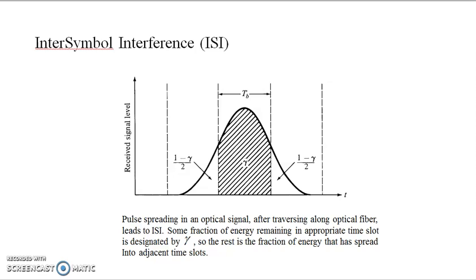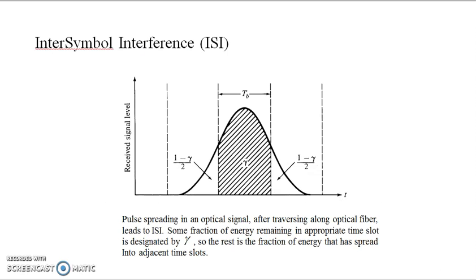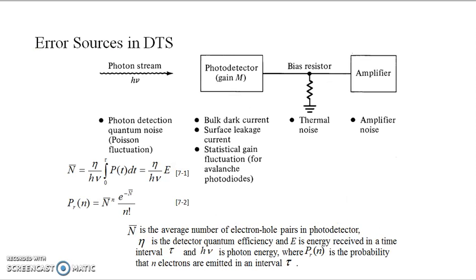Now that pulse spreading can be minimized at the receiver end. Due to the pulse spreading, it is difficult to identify what input pulses were transmitted, or what the level of the signal is, whether it belongs to a 1 or a 0. That's why a short duration is used at the receiver, and it provides for measuring the signal within a particular period of time.